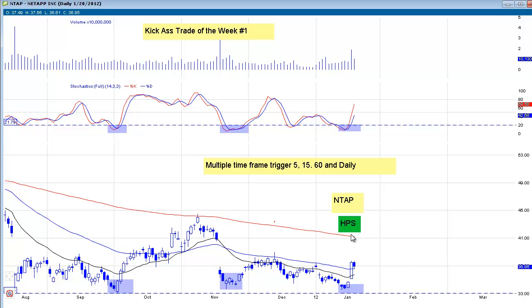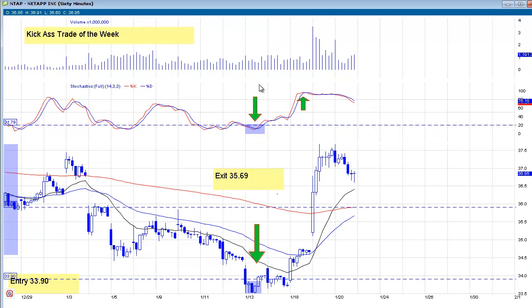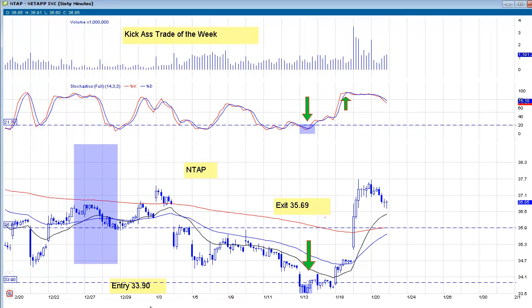NTAP was definitely a high probability setup. It really jumped out as we had multiple indicators, multiple bottoms. The stochastics on the daily were set up. The stochastics on the 60 were set up perfectly right here. Remember, we're going back to last week, so this is where all these alerts went out, and you can see that the entry was at 33.90